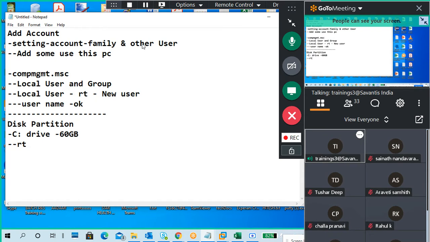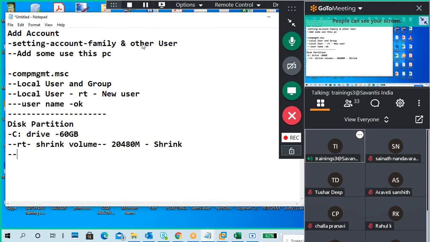So right click, Shrink Volume. Enter the data in MB. How much do I want to shrink? 20 GB, 20480. Shrink.